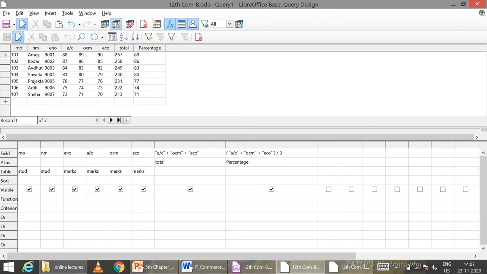Now, after I have chosen the RNO and NM field from the stud table, I need to measure the marks of each and every student in the particular subject. I need the total, and I need the percentage as well. Again, I need to represent their marks in the individual subjects. So for that purpose I have chosen the fields ENO, ACCOUNT, OCM, ECO from the marks table and